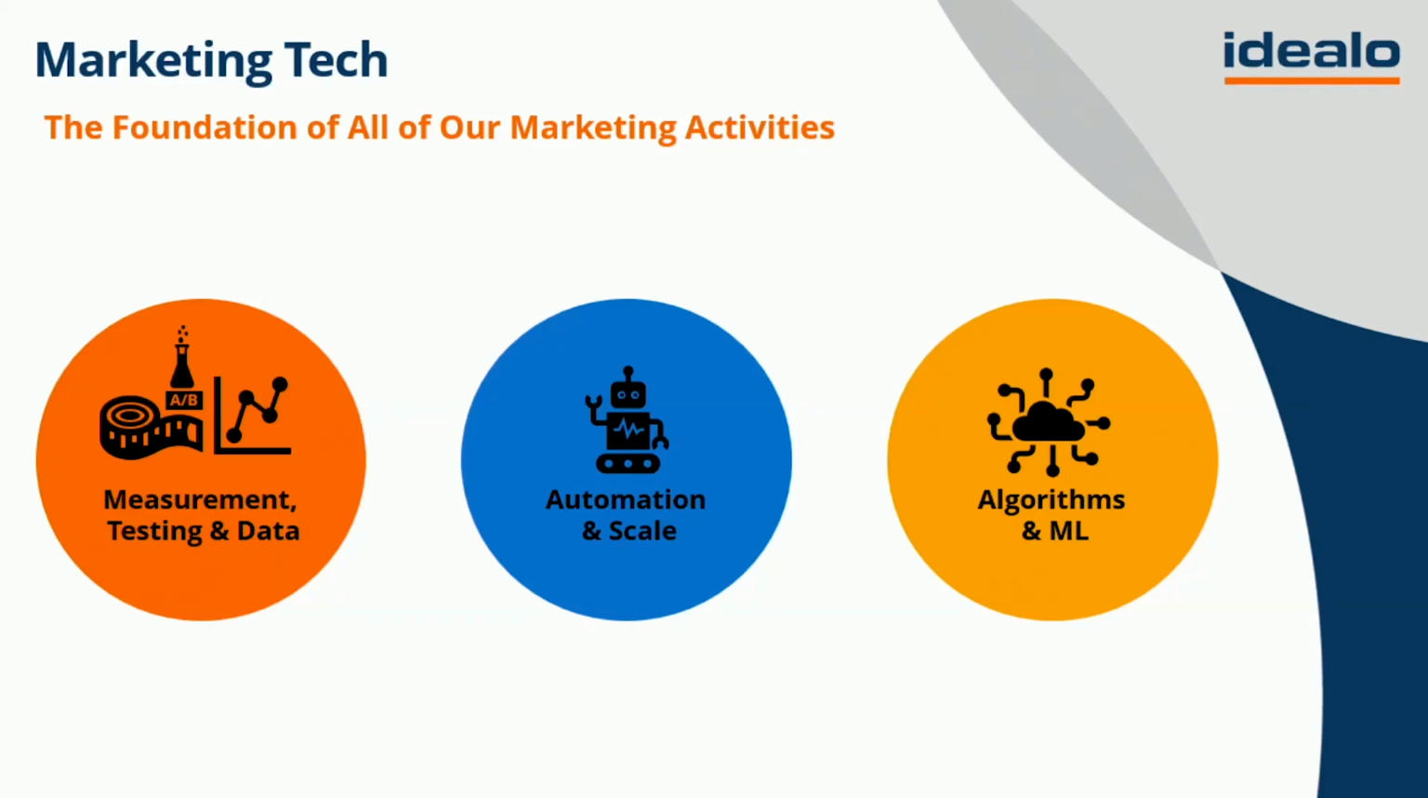Now, in the beginning, I said this is about marketing tech, and you might be wondering, where does the tech part come in? Technology actually supports all of what we do at idealo. It helps us steer our marketing activities. It helps us measure and track them. It helps us automate and scale. And it helps us by providing us with algorithms and machine learning insights that we can then turn into valuable